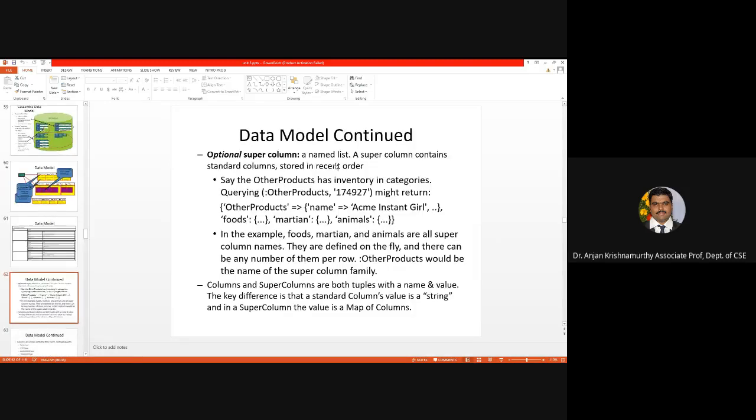There is an optional super column which can be used in the data model, which is basically a label or metadata kind of column, used for indexing the column names of that particular column. The super columns are tuples as well, with a name and a value itself.